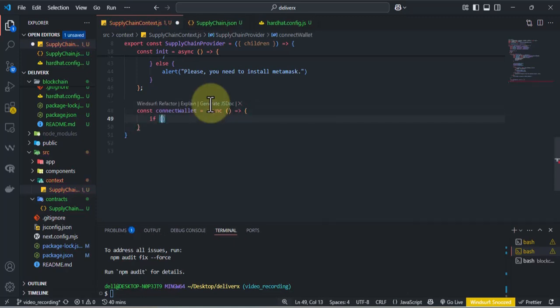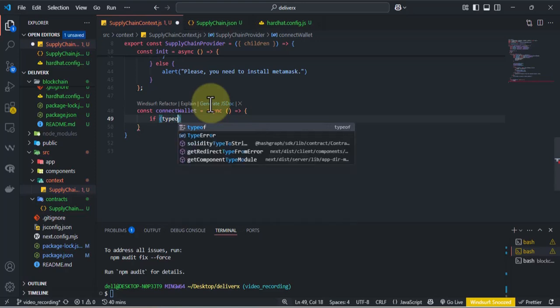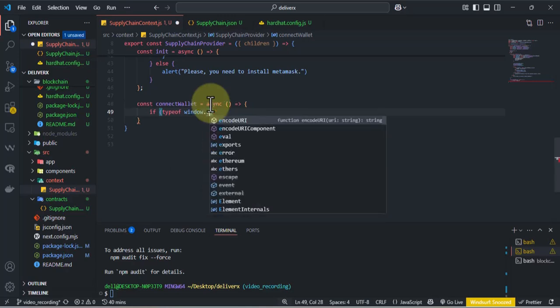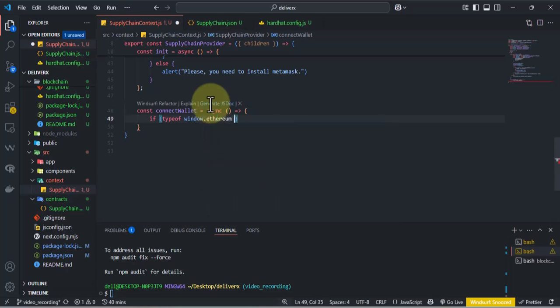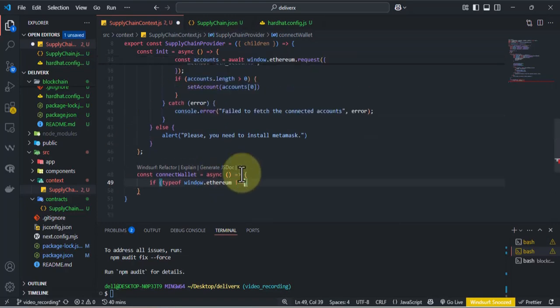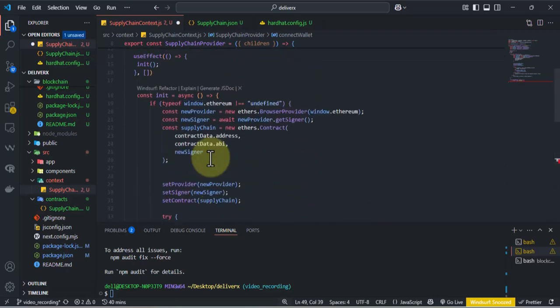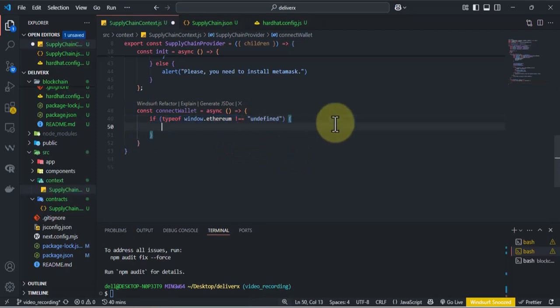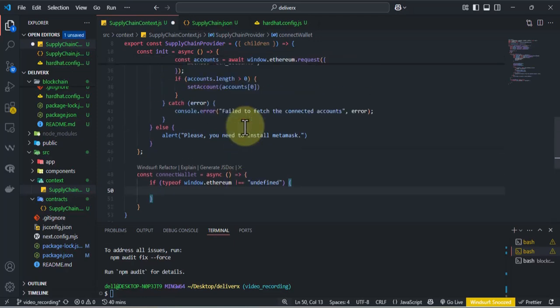Now, if typeof window.ethereum, so it's just us replicating what we did here. If the person has Metamask installed, then we want to try and connect them. So if they call this function, that means they are trying to connect their wallets. So what we want to try to do is to